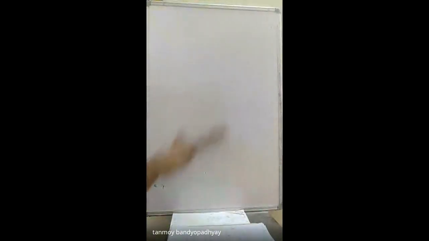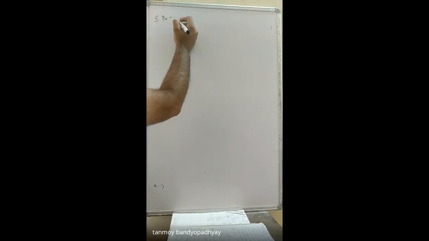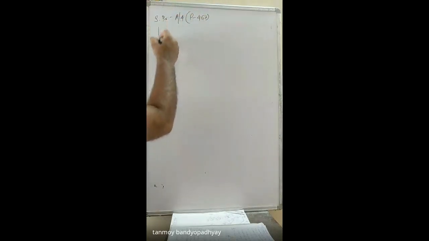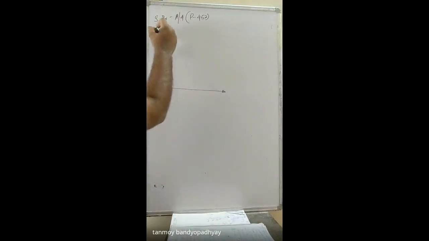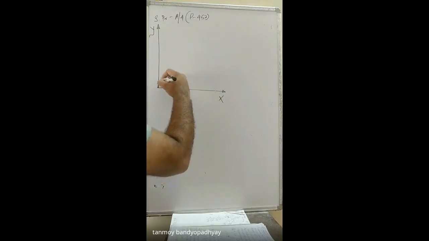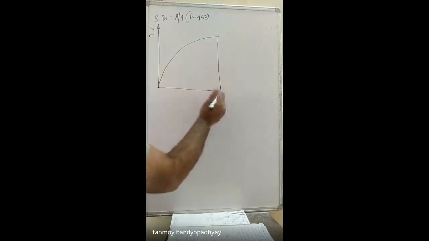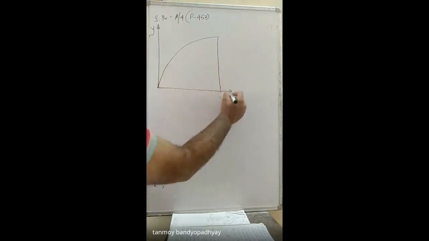Let's start with the problem of a curve where we'll be calculating the moment of inertia of the area bounded by a curve. This one is the curve. The problem is a sample problem, problem number A4, I think, page number 452. These are the x and y axes, similar to what we did while calculating the centroid. There is a curve like this, and this portion is bounded by the curve. It's shaded in the figure shown.